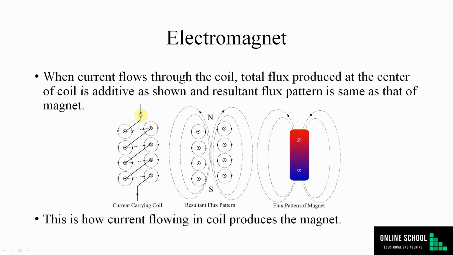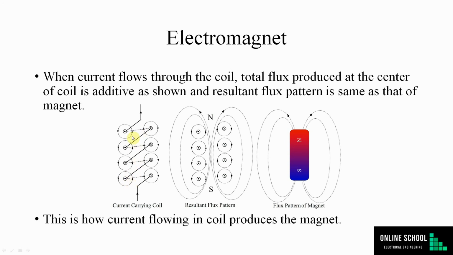Likewise we wound the coil, current is flowing through the coil, entering at this side and leaving at this side through a number of turns. As we represent the direction of flux produced due to current flowing in and out, we have drawn the direction of flux. Current going in is represented by the cross notation, and the direction of flux is clockwise. Here current is coming out, represented by the dot notation, and the direction of flux is anti-clockwise.